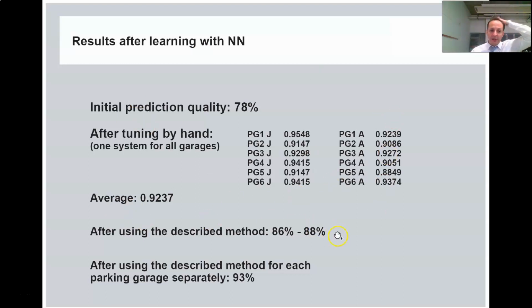So after using the described method, we went from 78% to an increase in the prediction quality of 86-89%. And if we continue to improve the tuning of our process, we can obtain an accuracy of up to 93%, which is really high. So in order to conclude, this is just a remark,